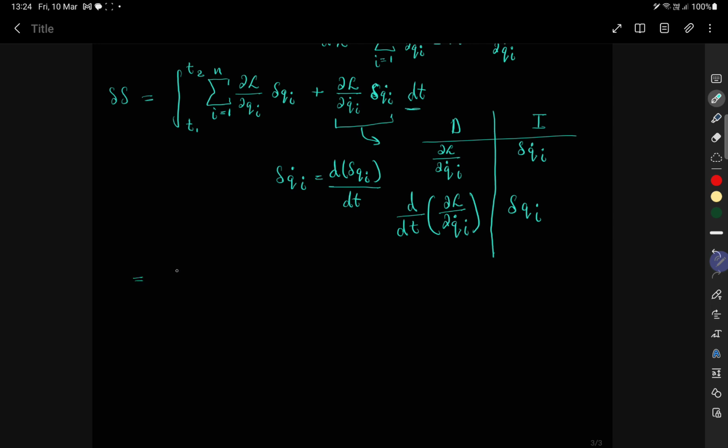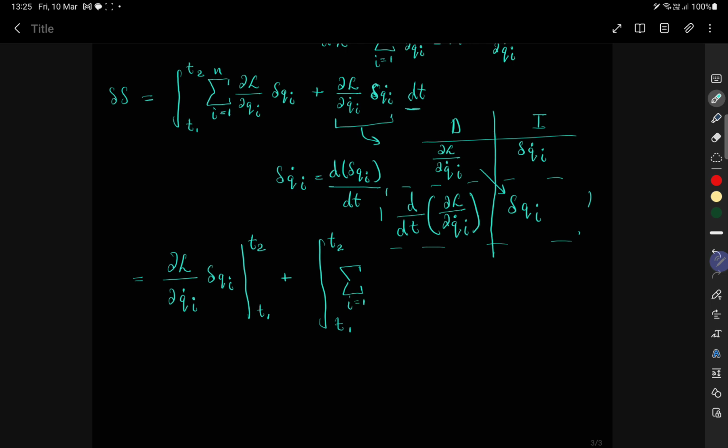If I were to write this out, we multiply these two terms and write this as the new integral. So we get partial L by partial q dot i times delta qi at t2 and t1, plus the integral from t2 to t1 of the summation